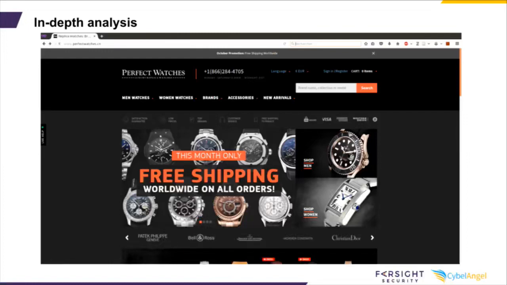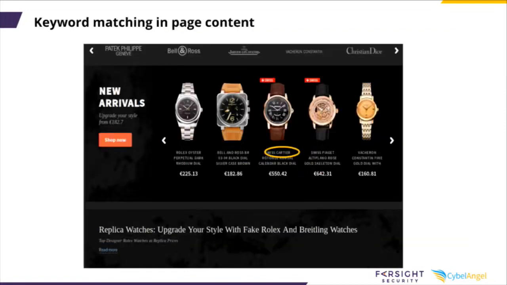So let's study this guy. My crawler will go and investigate it. They will look for first the brand specific keywords in the body of the page. Oh, there's a match for Cartier, so I know this website does sell Cartier watches. Pretty good candidate. So I start the feature extraction.